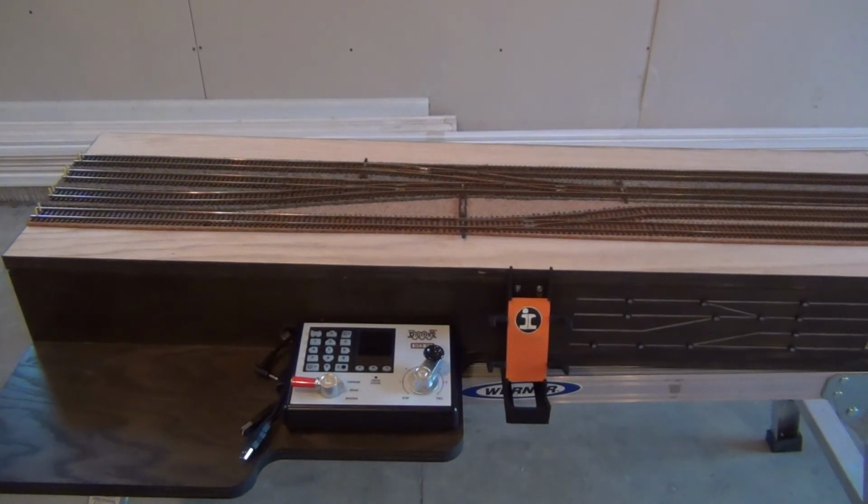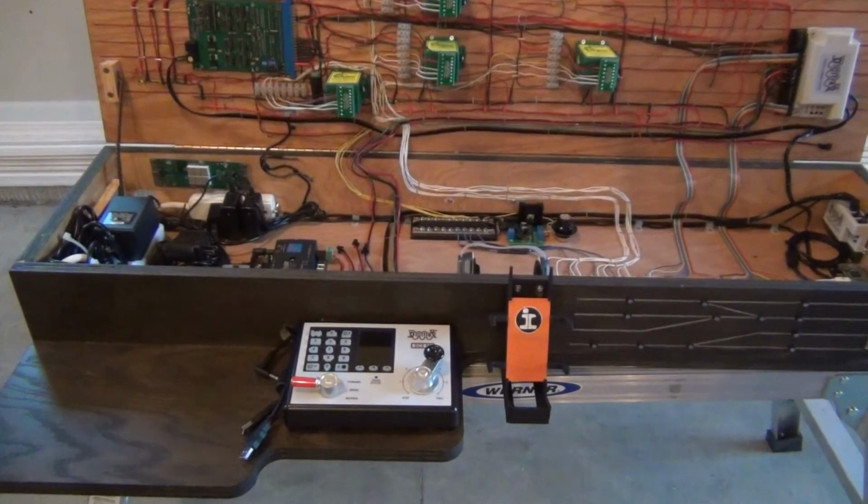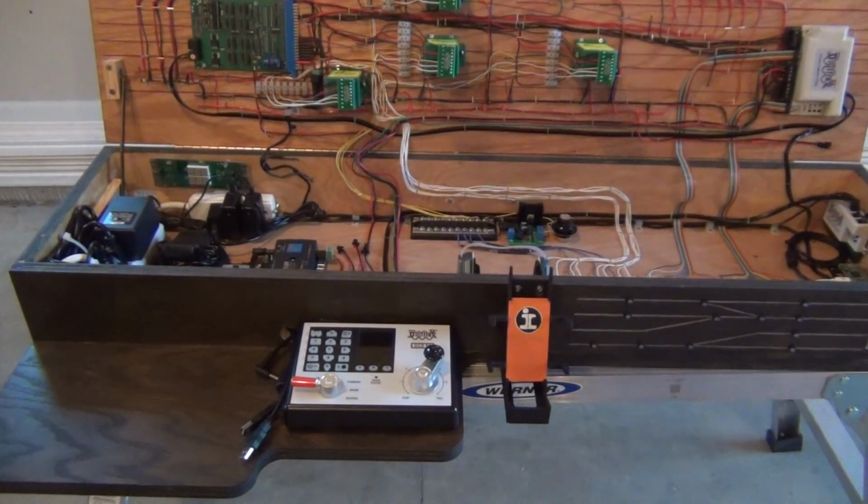The wiring is complete with the exception of the signals. I got my command station, everything set up and ready to go. Flip the top open here. So again, we have all of the electrical components installed and in place. At this point, if you want to call it good and run your layout without signaling, that is absolutely fine. I still have a couple things that I'm going to finish up in part 5 of the video series,